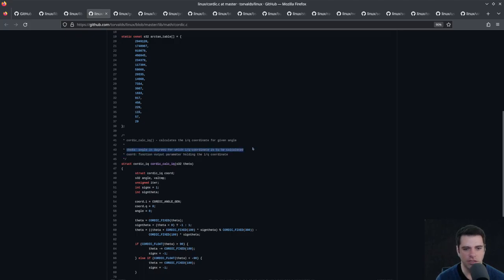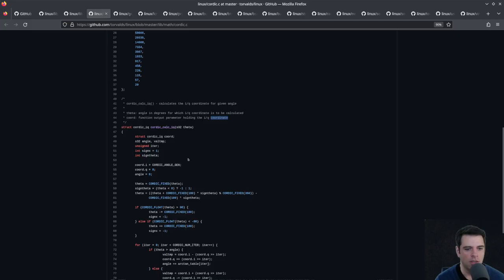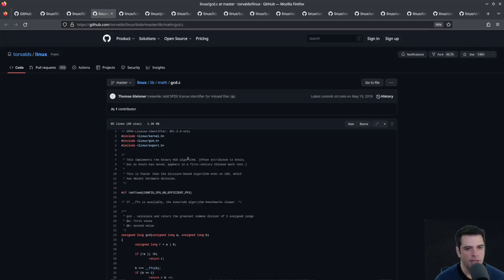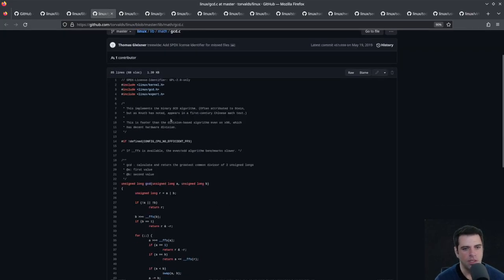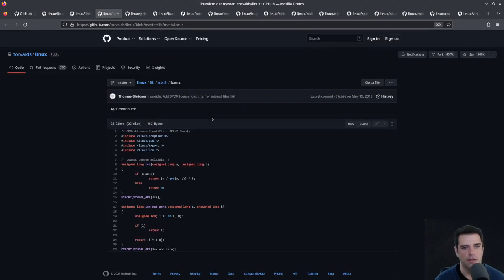Theta is the angle in degrees for which the I over Q coordinate is calculated. In coord is the function output parameter holding the I over Q coordinate. Sounds good. This implements the binary GCD algorithm. This is least common multiple